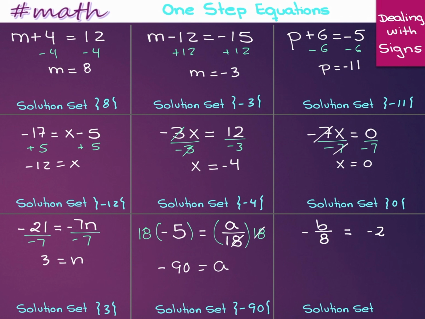And on the last one, we need to multiply by 8 to get rid of that denominator, but we also need to use a negative sign to make b positive. So we multiply both sides by -8. And we get negative times negative is positive. 8 divided by 8 is 1, so we get b equals 2. 2 times 8 is 16. 2 negatives is positive, so my answer is b equals 16, and the solution set is the set containing the